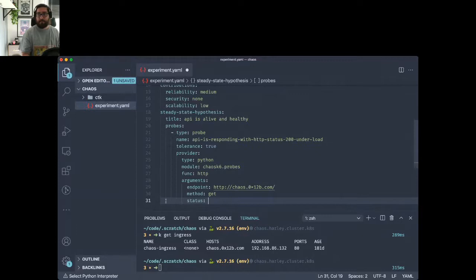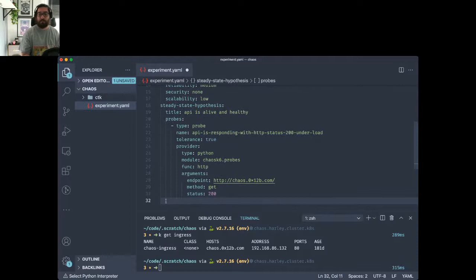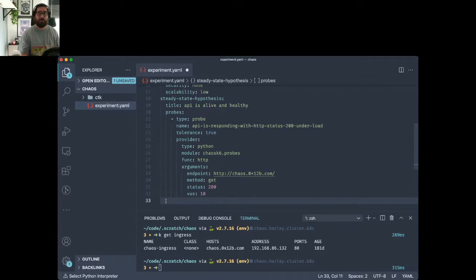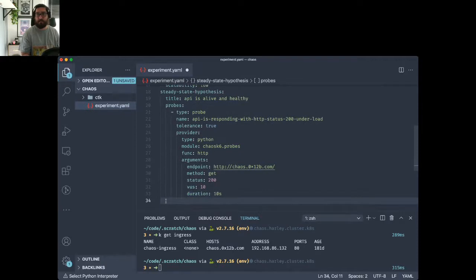And we'll be expecting the HTTP status for our call to be 200. We'll do this with 10 concurrent virtual users. So we're basically telling our load generator that we want 10 users to be performing our action at the same time. And we want them to do this for a duration of 10 seconds. So for 10 seconds, our virtual users will just hammer this endpoint with as many requests as they have time for, and just make sure that each request gets an HTTP status of 200.